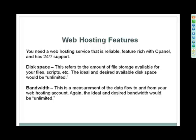So again, the ideal bandwidth would be unlimited, and you put quotes around that because it's kind of like an all-you-can-eat buffet where when they feel like you have hit your limit, then they can tell you to calm things down a little bit. But again, if you're at a spot where you're using tons of bandwidth, your money is coming in, so you can justify the expense. So don't ever be concerned about running out of bandwidth or disk space,